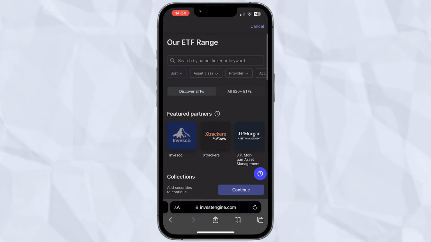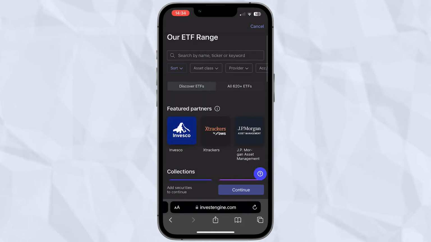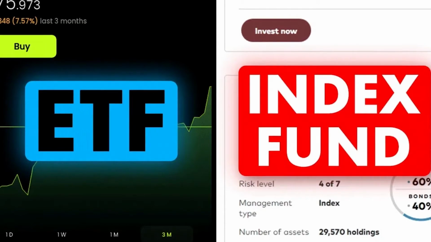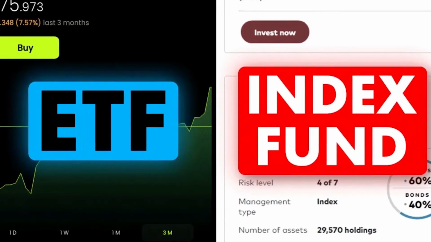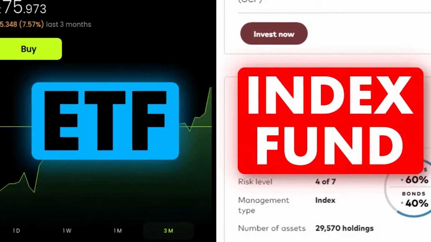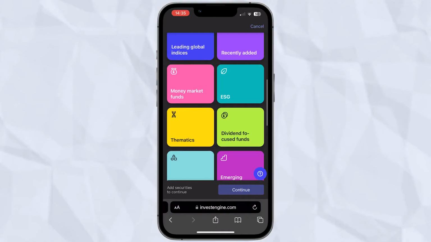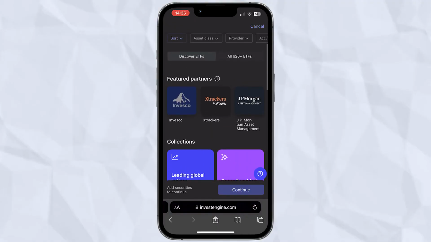InvestEngine is an ETF only platform, meaning that everything they offer is an ETF. And I'll link a video at the end of this one that explains the small differences between ETFs and more traditional index funds. You can now search for the fund that you like if you already know it, but InvestEngine